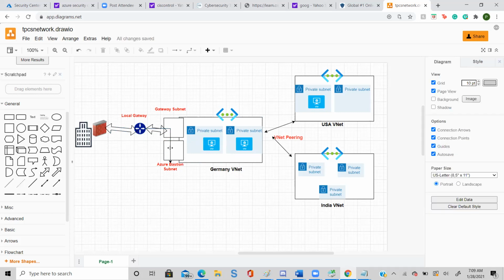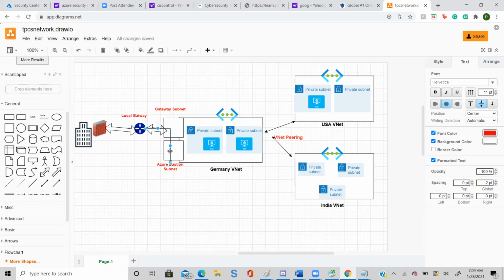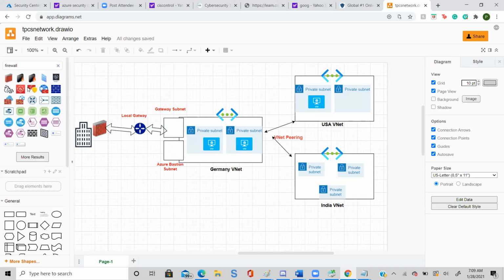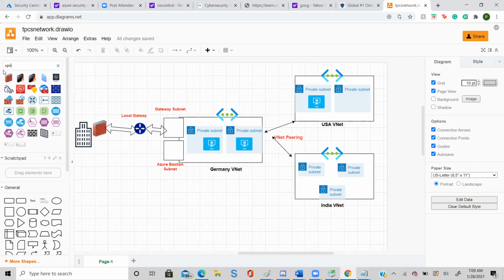Now this whole configuration is basically using something called a VPN. So in the search box, type here VPN.